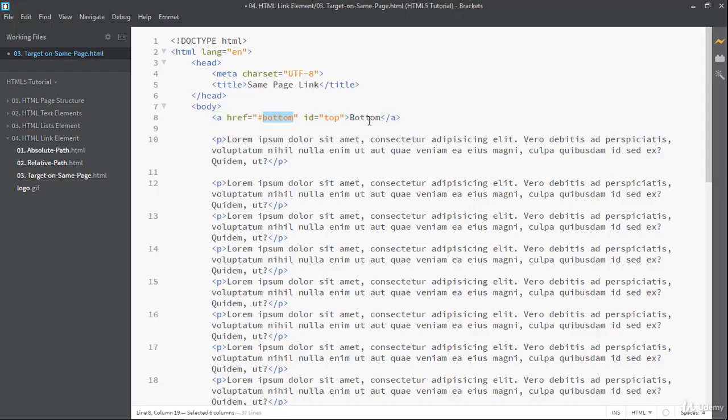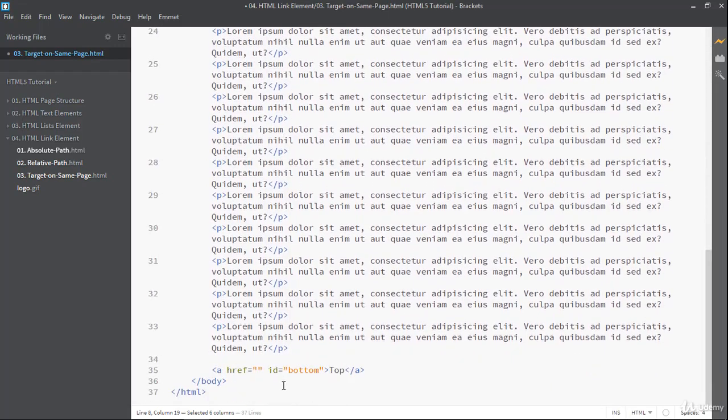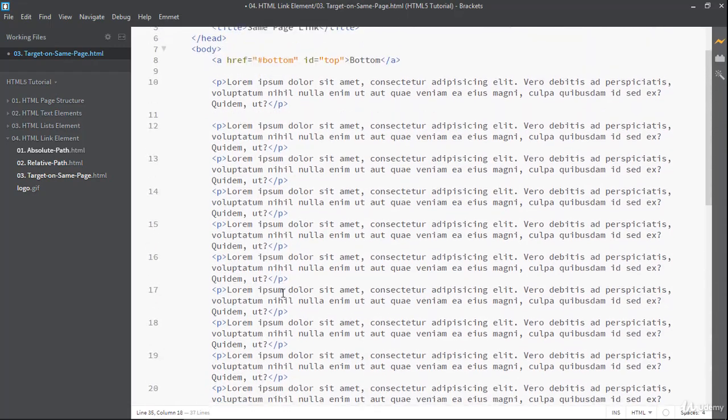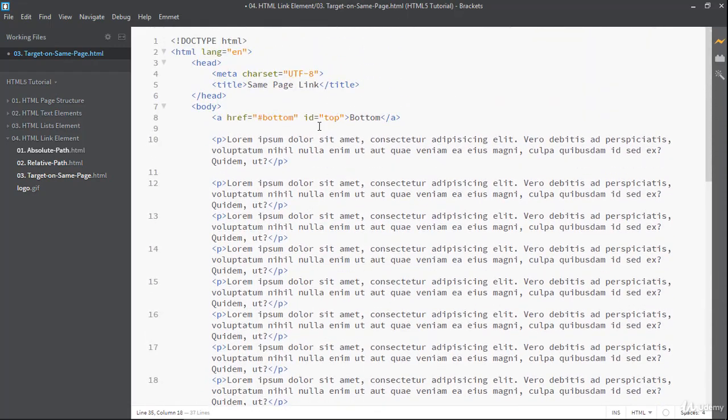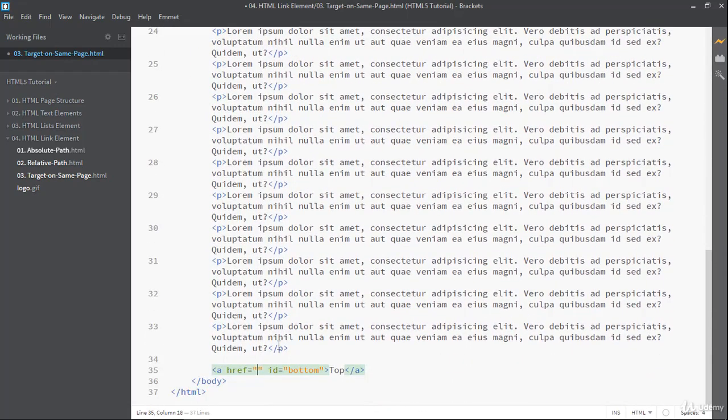So if I click bottom, then it will target the bottom ID. And likewise here, if you are clicking on top, then this anchor tag should target the top ID, because here the ID name is top. So you have to write top here, and because you are targeting an ID, that's why you have to use hash.